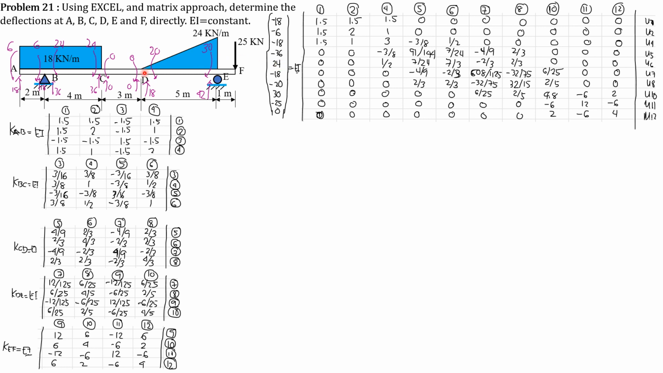At D, we have opposite to 18 upward, so 18 downward, negative 18. And opposite of counterclockwise moment is clockwise moment, so negative 20. At E, we only have opposite of clockwise 30, so counterclockwise 30. So that's why we have positive 30 here. And at F, we have downward negative 25 and moment 0. So in your take-home quiz, this should be the